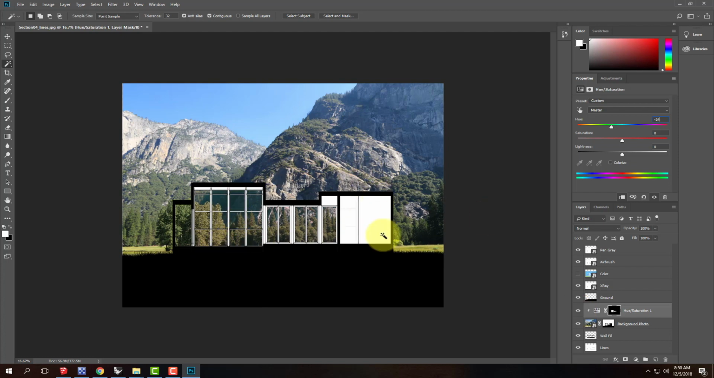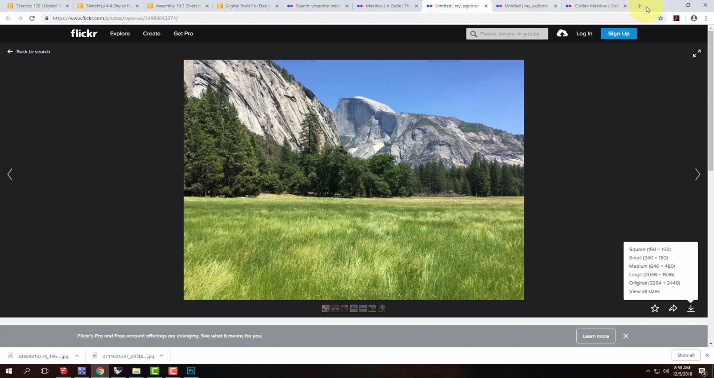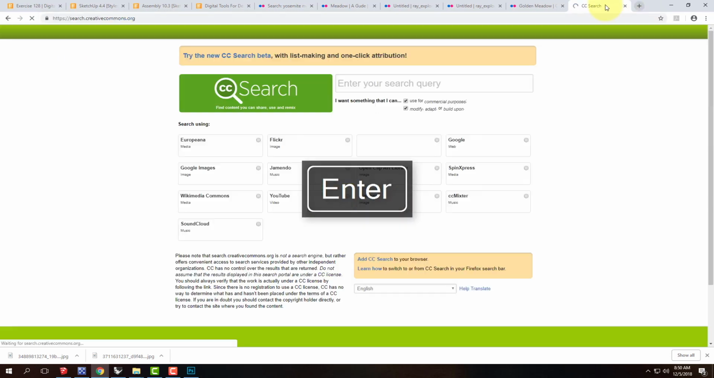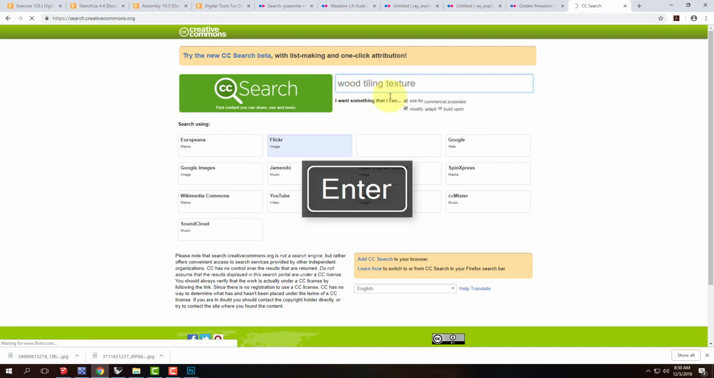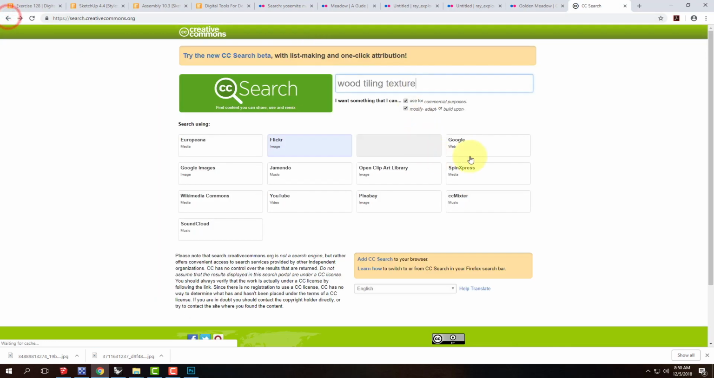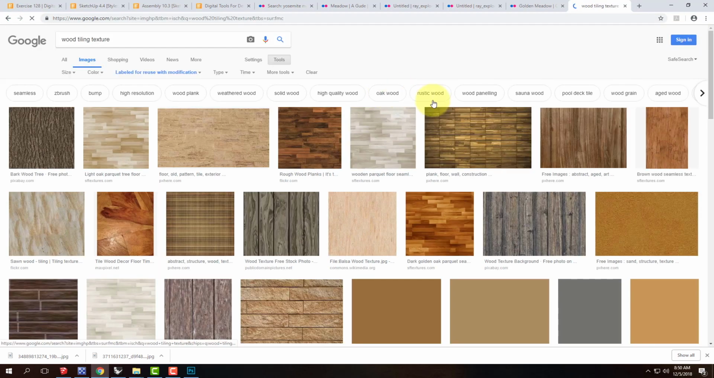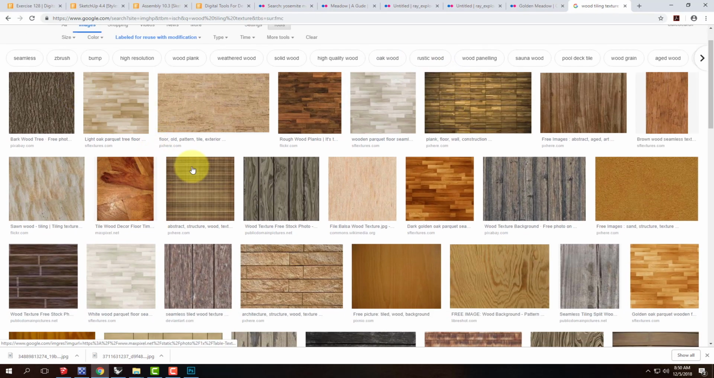Now the other thing that sometimes happens inside the building is sometimes you want to add a photorealistic texture behind, instead of having these white, for example, you want whatever the wall material would be. So I could go ahead and collage in some wall material. Easiest way of doing that is to use a tiling texture. I have some already on my flash drive, but you could do a Creative Commons search for wood tiling texture. And actually sometimes it works better to do a Google image search for the wood tiling texture. And essentially you could pick something